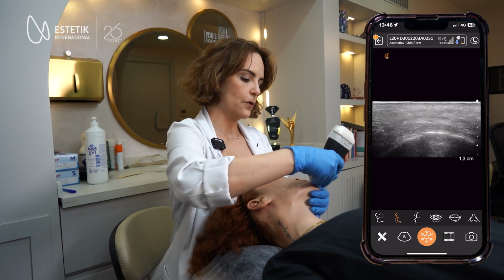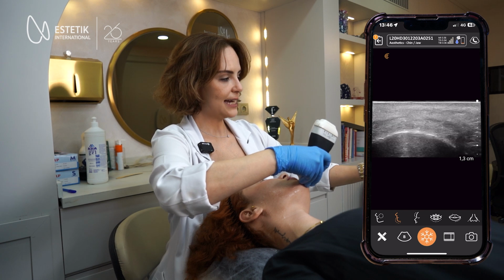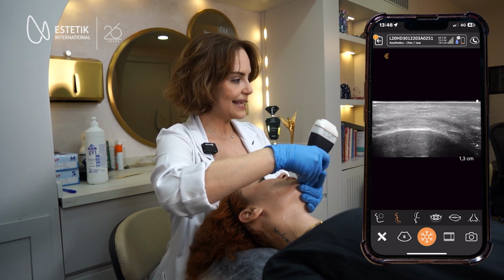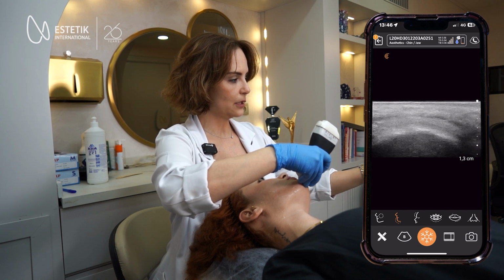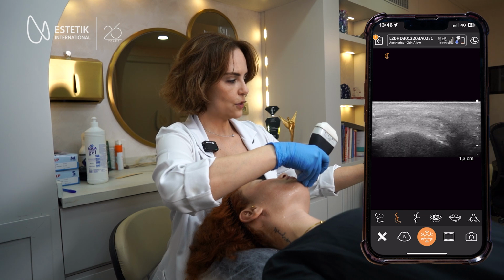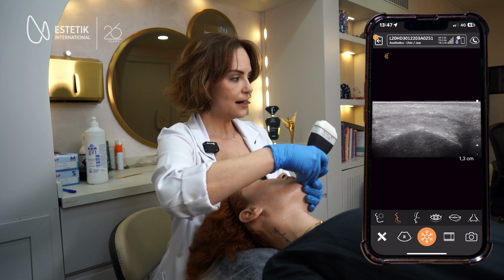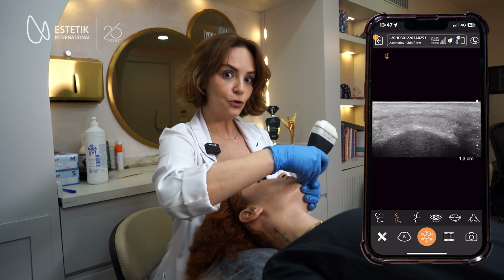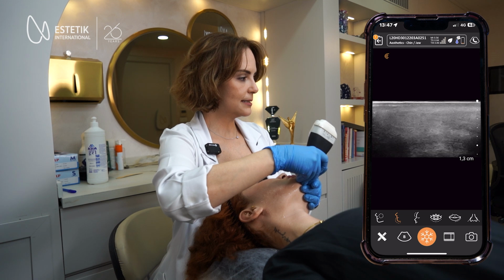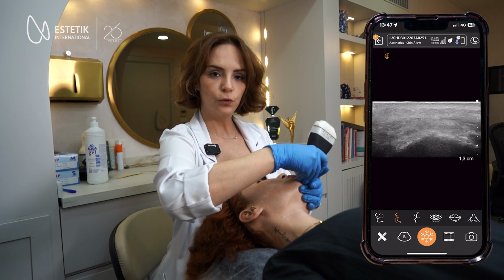Moving a little bit forward, we are going to go to the tip of the chin. As you can see, the very shiny, bright, hyperechoic line is the mandible, and right next to it, I'm going to put right in the middle of the screen, you can see a triangular, oval-shaped hypoechoic area here and here. On both sides, they are the mentalis muscle. Now let's ask her to move the mentalis. Can you do this for me? Yes. Can you see the hypoechoic area getting bigger and smaller according to her movements?